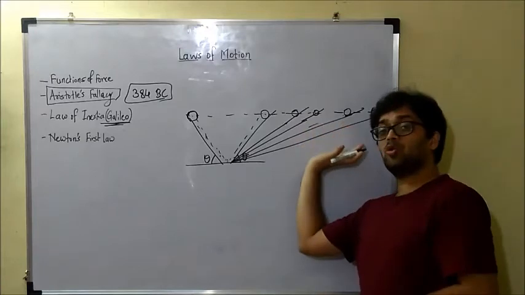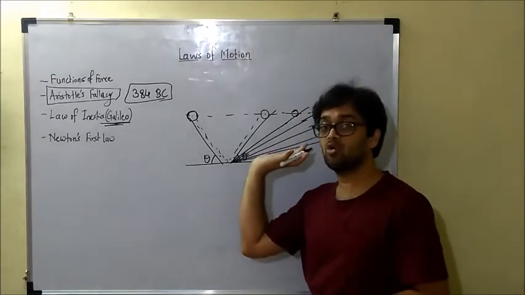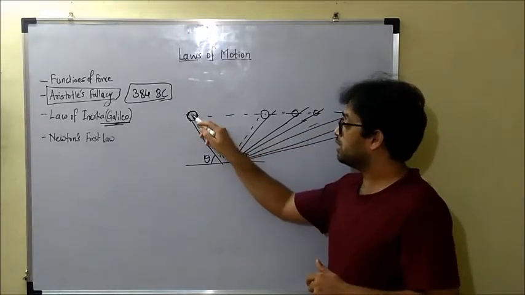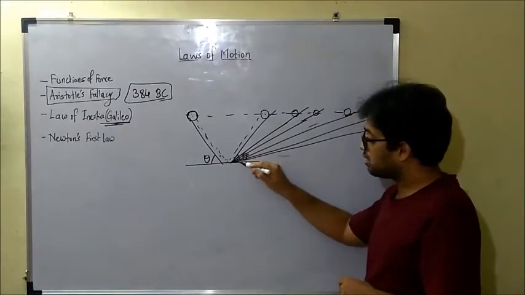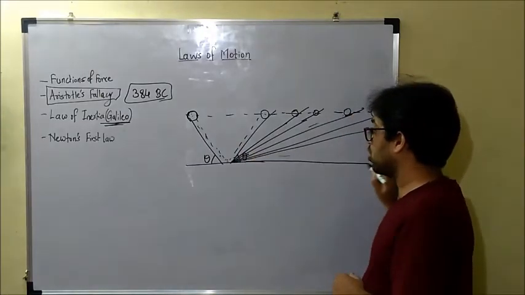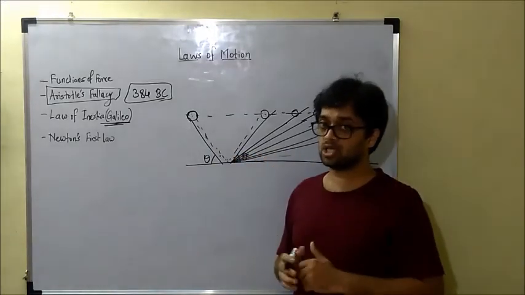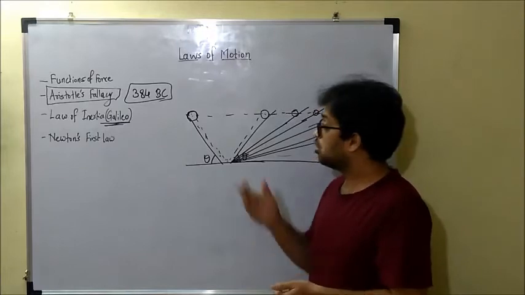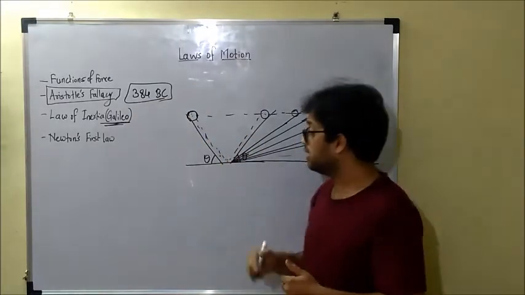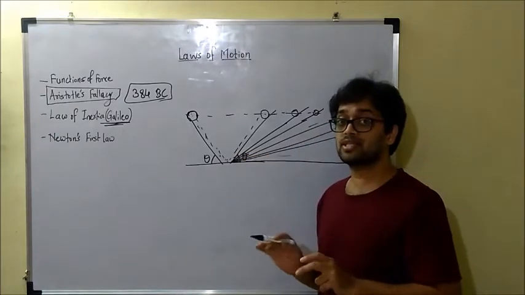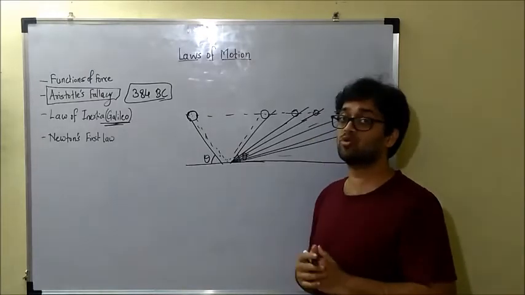Now if I go on making this plank at a lesser and lesser angle with the ground, ultimately a situation will come when the object will come down, and the second plank will be almost horizontal. So the object will keep moving over it without application of any force. That is how Galileo concluded that no force is necessary for constant speed motion or constant velocity motion of an object.